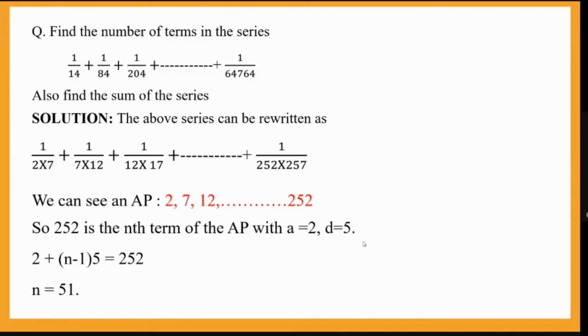So the first part is over. Now I need to find the sum of the series. Now I'm looking at 1/14. How can I change it into a simpler version? So I know that 1/2 − 1/7 is equal to what? I need to break it up in such a way that cancellations happen, so I need one positive and one negative term. Taking the LCM 14, (7 − 2) is equal to 5. So I get 5/(2×7). This is 5, and the difference of 7 and 2 is also 5.